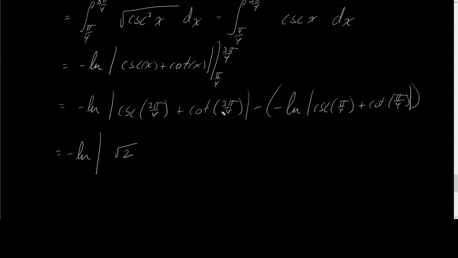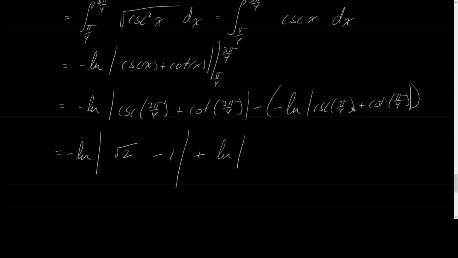Cotangent of 3 pi over 4. Well, cotangent is cosine over sine, and at that point, cosine of 3 pi over 4 is negative radical 2 over 2, and sine of 3 pi over 4, we just said, was radical 2 over 2, so that's minus 1. Minus negative, plus. And in here, I end up with ln of the absolute value of